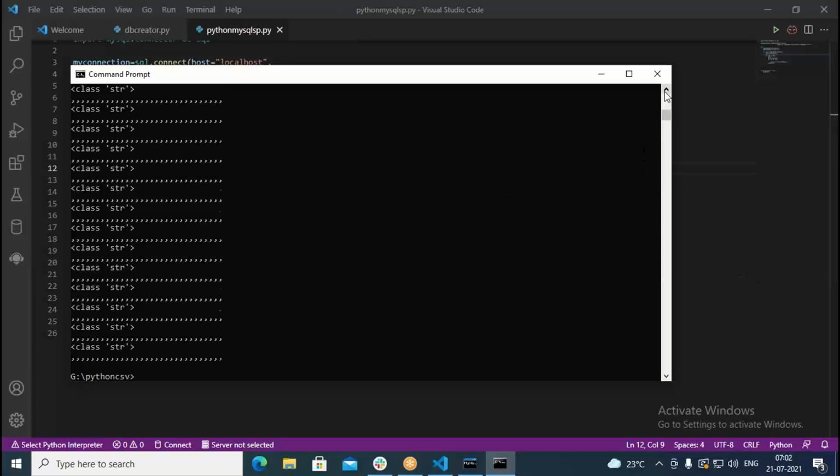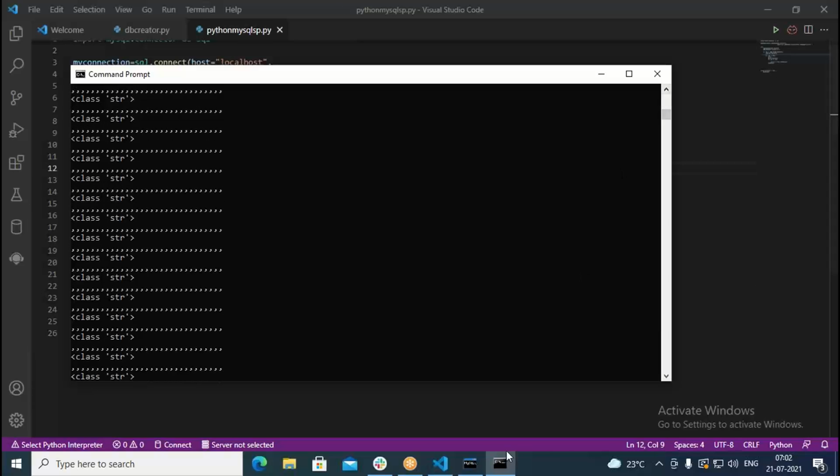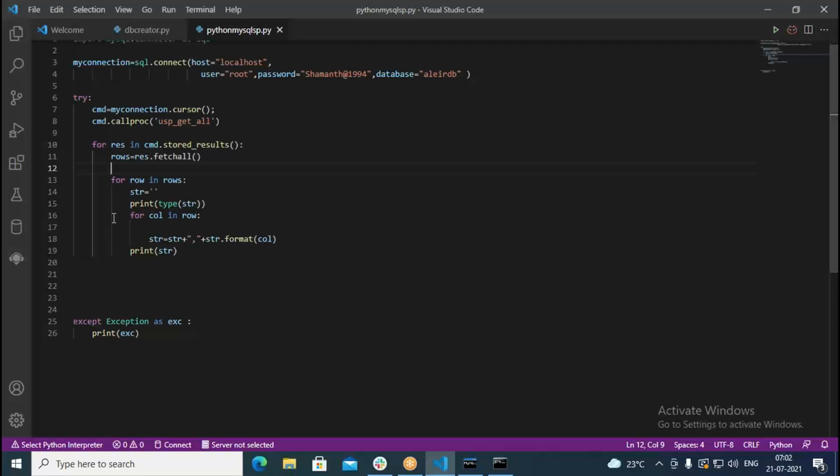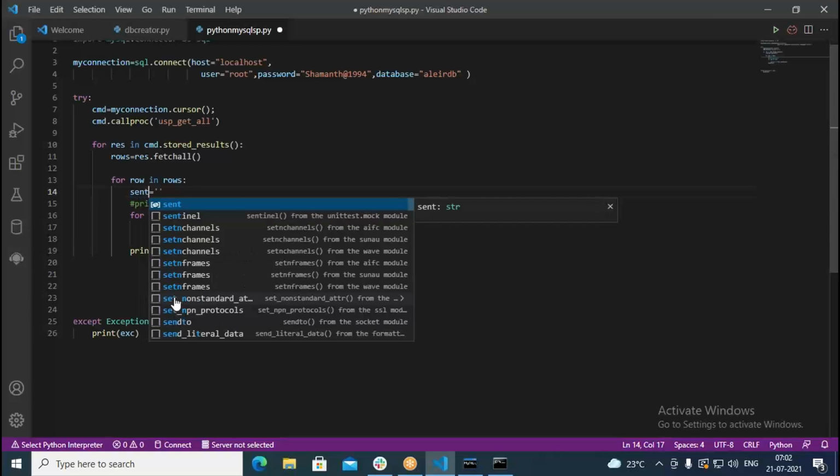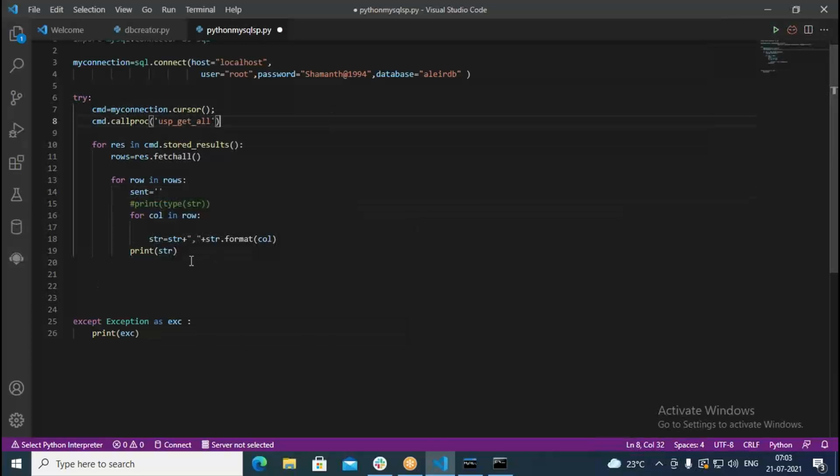Every time it's printing, because this method is getting invoked every time. And here instead of str, I need to use some other word, something like sent, because str is a keyword. I should use sent only.